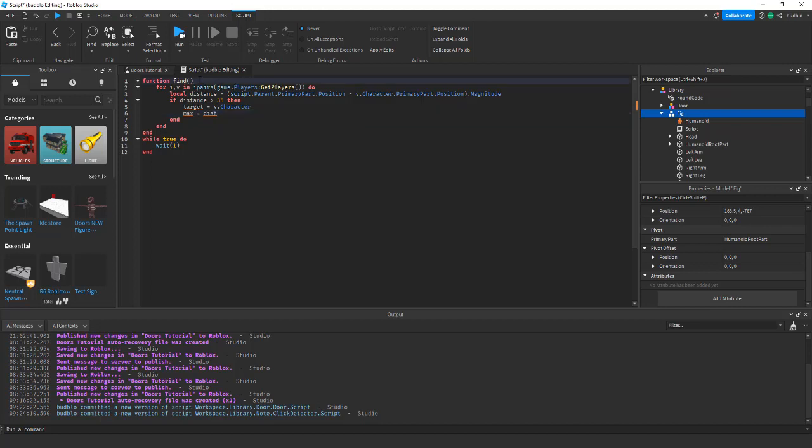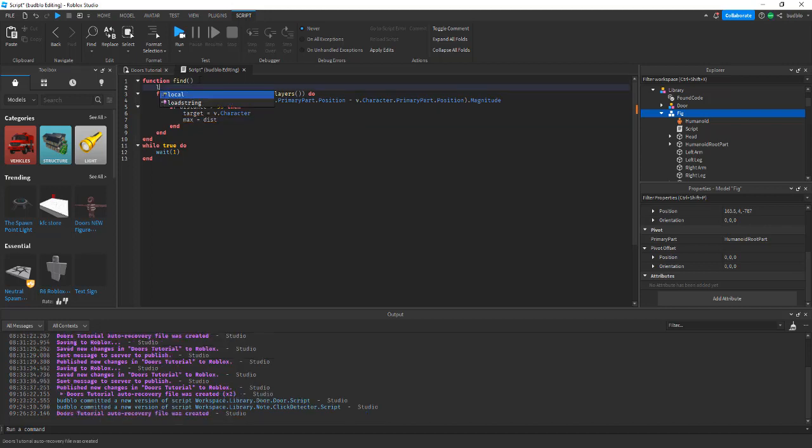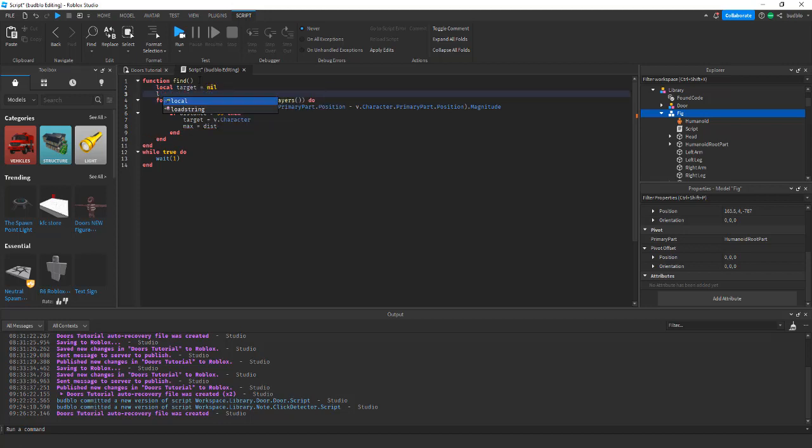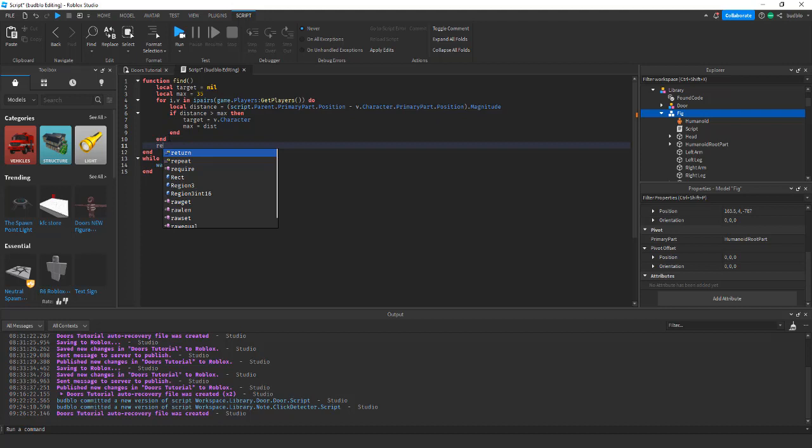So it finds, and then we're gonna do here local target equals nil, local max equals 35, and instead of 35 here we're gonna do max. And then we're gonna do return target, and we're gonna do local target equals find, if target then